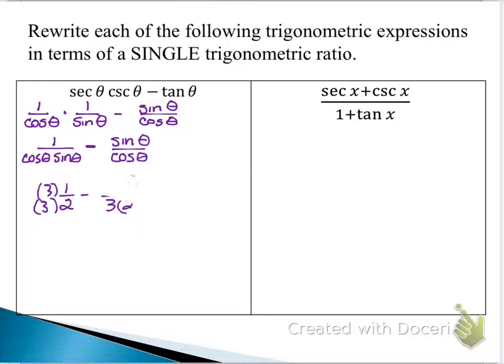So that's the same game plan as what we're doing right here. We don't need to worry about it as much, do it as exhaustively, because here on this side we have in the denominator cosine theta times sine theta. Well, we already have cosine theta right here. So what we need to do is we just need to multiply on this side sine theta, this side sine theta. And so in turn we would end up having the same